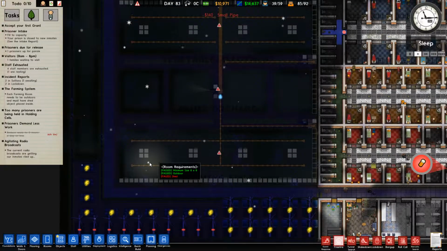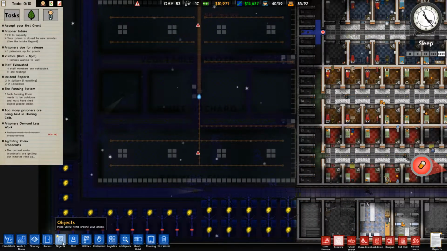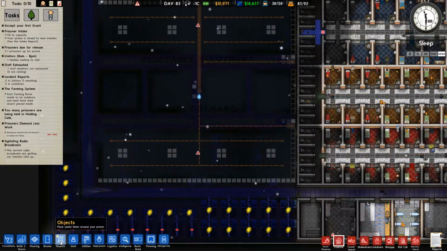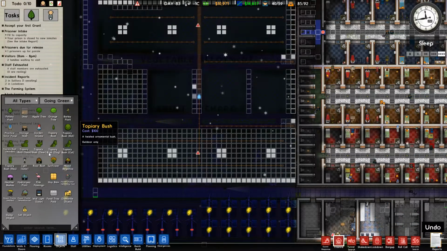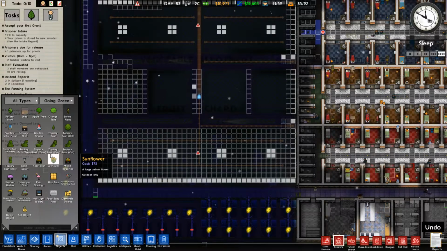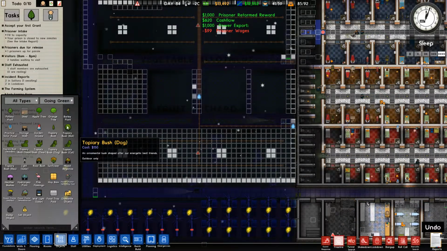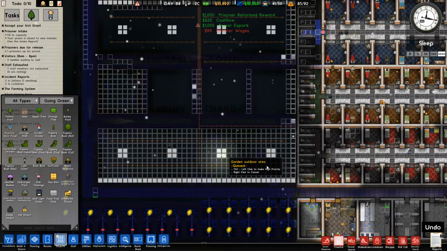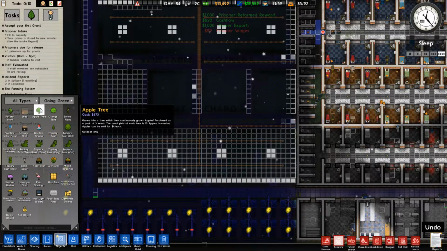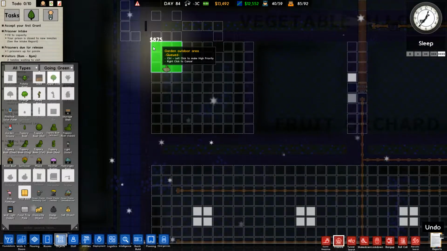Silly me, I didn't research the thing yet. So does that mean that I can or cannot have? No. If you don't have that research done, you cannot have your electrical or automated stuff. But what I can do is one dose of apple trees